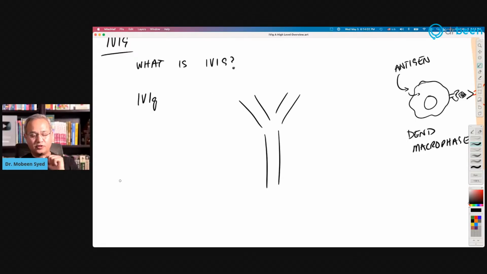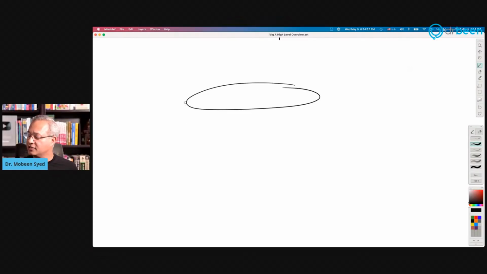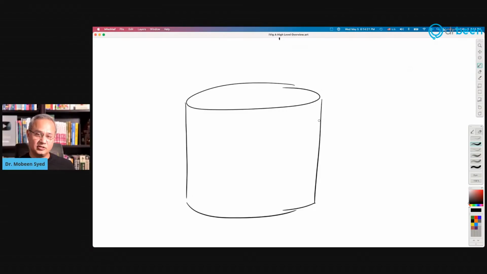And here is an important part, which I think is the key thing to understand, and that is what I'm going to discuss now, and then the rest of the things. The key thing to understand is that to make IVIg, what we do is, let's say we have a big container. Many thousands of liters of fluid can be in it. In this container, we put people's blood, so the donated blood, and this blood that is donated has lots of